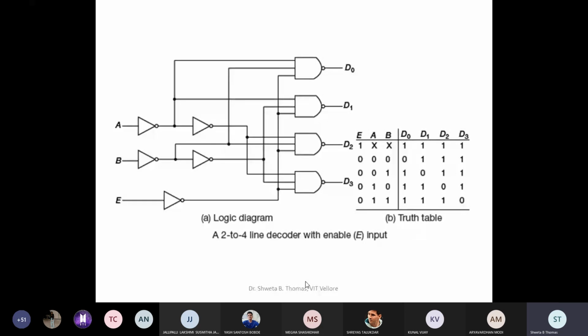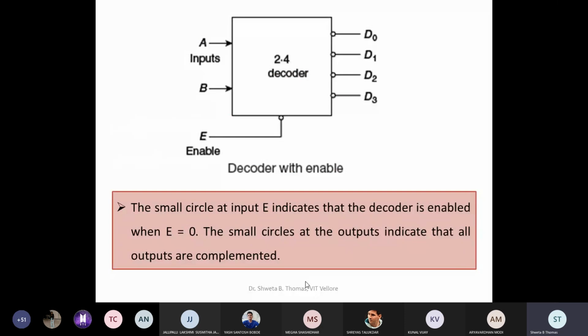Don't bother about too many things, like this thing I need to show to ma'am, that thing also need to show. Not required. If you want to show, you're most welcome, but I'm not restricting you. Understood? It totally depends on your willingness. But this logic diagram and the output, I want to see. Okay? No problem, ma'am. Anyone you can take. But in your lab record, you should put the truth table also.